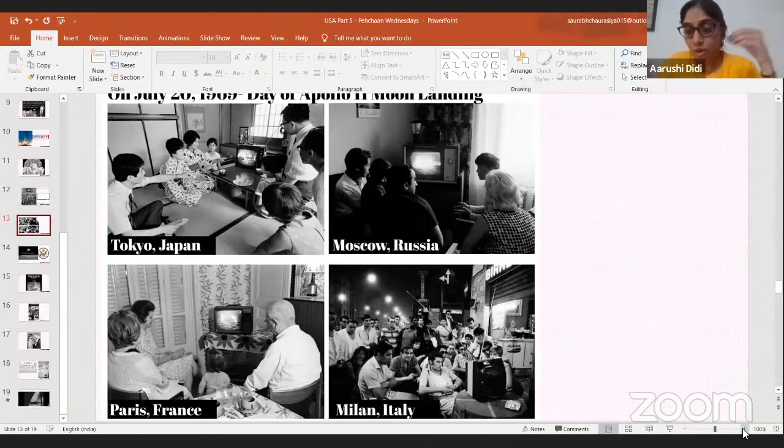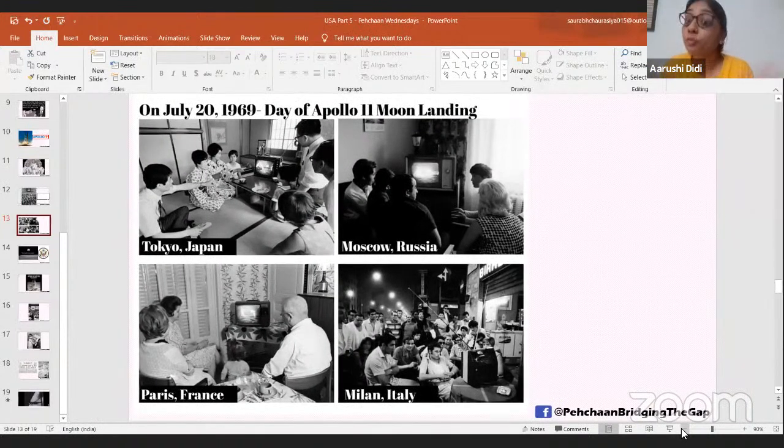4 different groups across the world, all of them watching the moon landing that is happening in the US. This sort of connectivity wasn't a thing back then. Today, we are all connected with each other because of our phones, our laptops. This wasn't normal back then. But everybody wanted to see how the US could send a man to the moon. To them, it was like a joke, something out of this world. How? The USSR is one of the most powerful countries, and they are not able to send anyone. Then how can the US send, right? They wanted to see. They were surprised. They didn't know what was going to happen. So all of them are watching their television, the live broadcast. And these are actual pictures, by the way, of families back then.